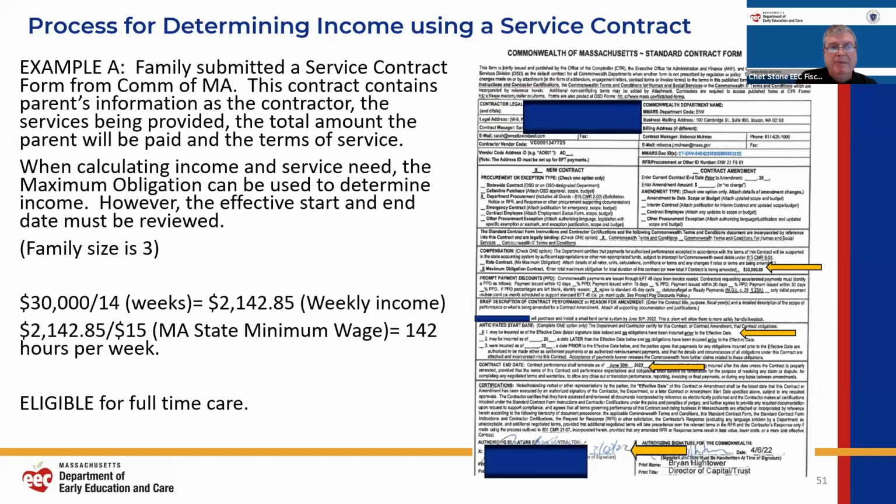Key point being, make sure to look at the length and term of the contract. The effective start date and the end date must be reviewed. Some contracts are a year, some are 6 months, some are 2 months, 3 months. You have to review and make sure that you have